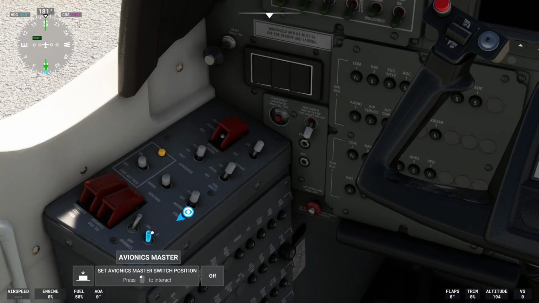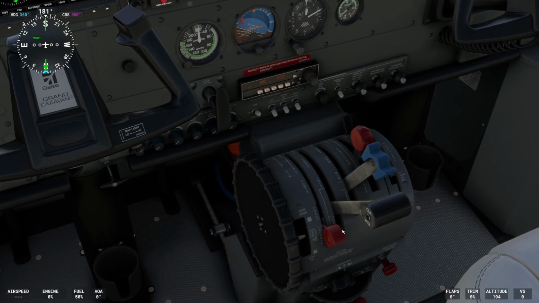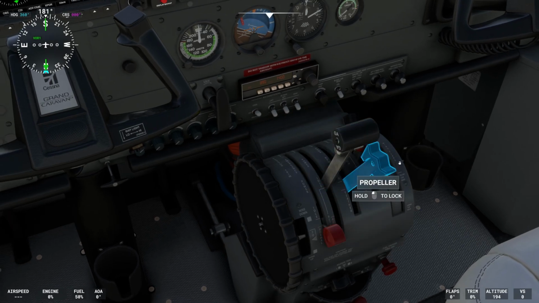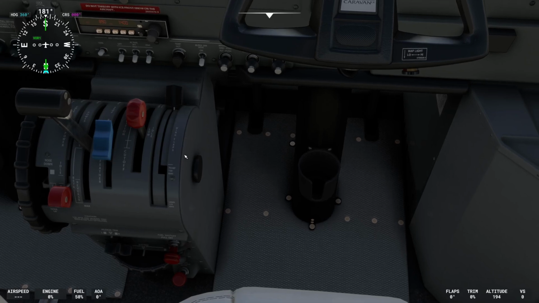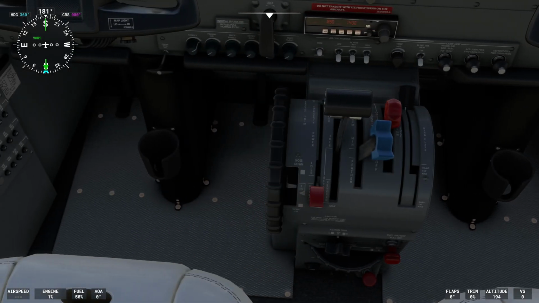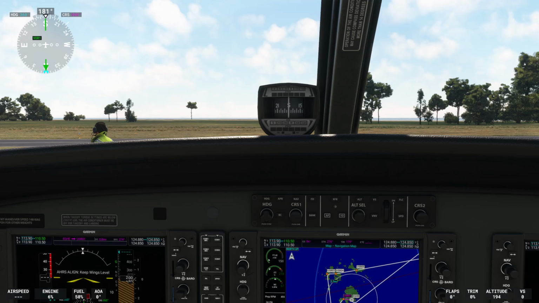Avionics on. St. Mary's Tower, Cessna Alpha Sierra X-Ray Golf Sierra IFR to Land's End, ready to copy. Oh, I didn't set the fuel, did I? Alpha Sierra X-Ray Golf Sierra is cleared to Land's End Airport as filed. Takeoff runway 32, climb and maintain 4,000 feet. Departure frequency is 118.775, squawk 5267. Okay, Cessna X-Ray Golf Sierra, readback correct. Contact ground on